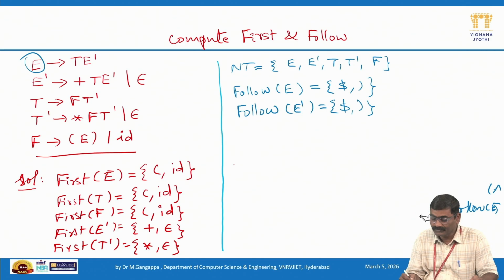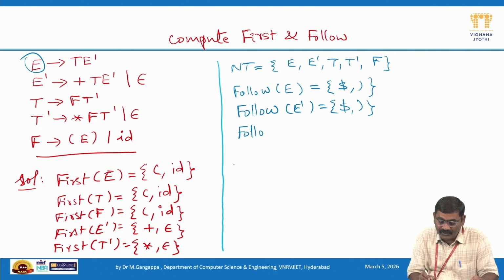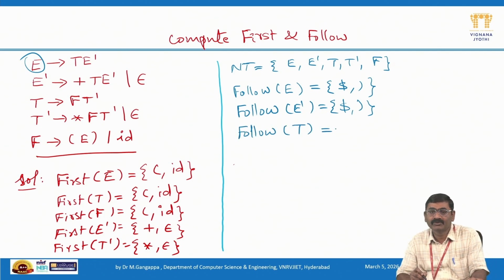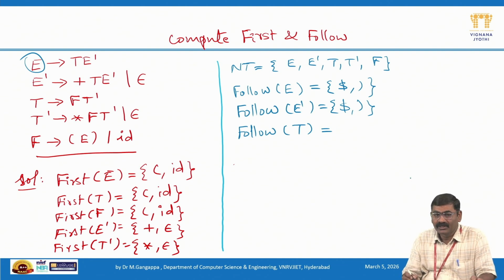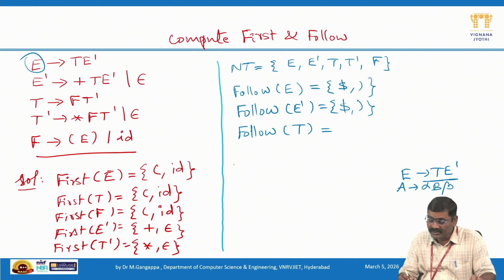Next one is follow of T. Follow of capital T. To compute follow of capital T, we should take the appropriate production. So it is the first production in which T is in its RHS. So let us take E gives T dash. So first observe this as capital B, and alpha is there is nothing before B, therefore alpha is empty, and beta is epsilon, and this is E. So here beta is deriving epsilon, right? Deriving epsilon means what rule is applicable? So we can apply rule 2. By rule 2, what we get here? By rule 2, we can get the answer is follow of E dash can include,